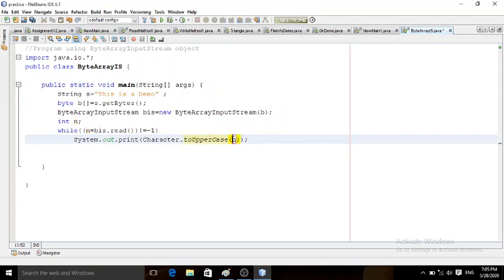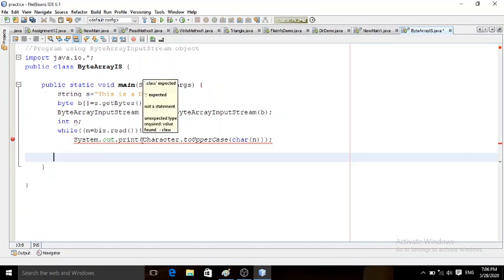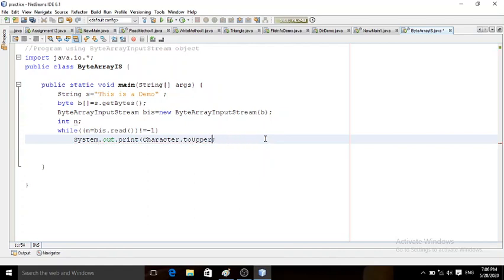So again I repeat, my byte data is present in this n.